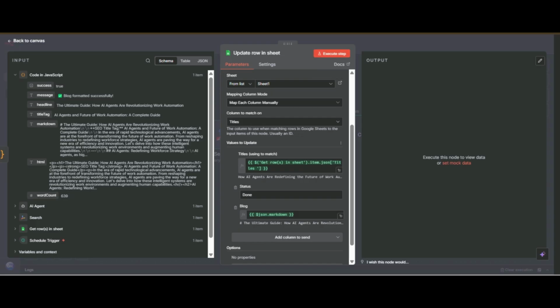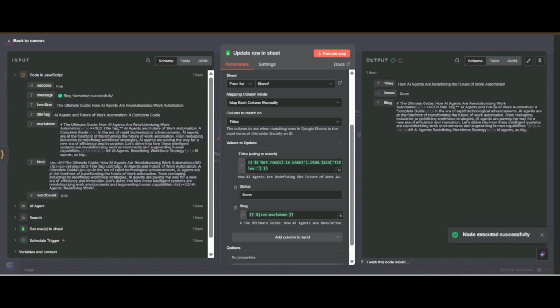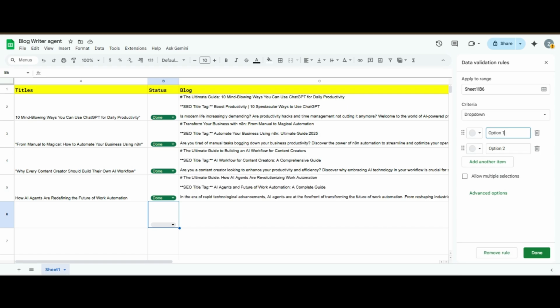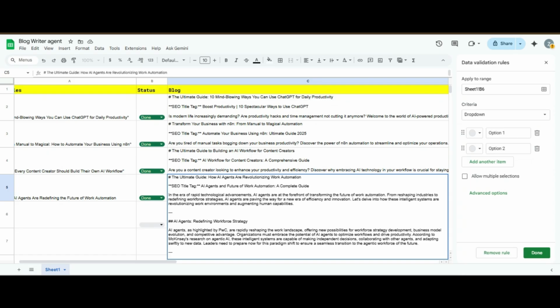So I will execute this. It has successfully saved the blog post to our Google Sheets. Now check it. You can see it has changed the status to done, and it has also saved the blog post.